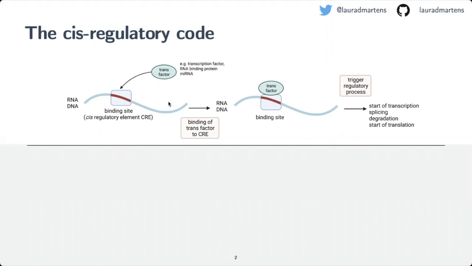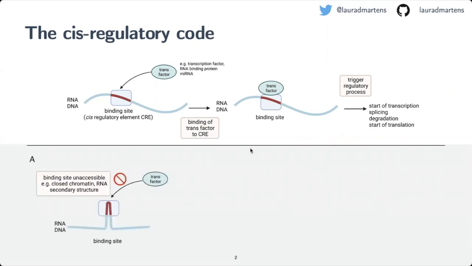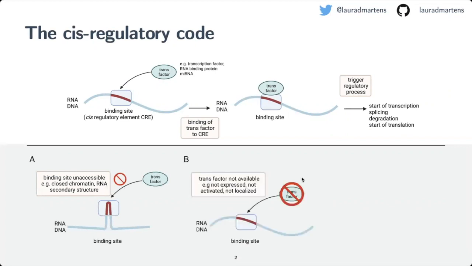And then once this is bound, it triggers some regulatory process, like the start of transcription, for example. And this process can be regulated on different levels. So, for example, the binding site could be inaccessible, which could be measured with single-cell ATAC-seq, or accessible. The trans factor could not be available, or there could be certain cofactors that are missing, which would all